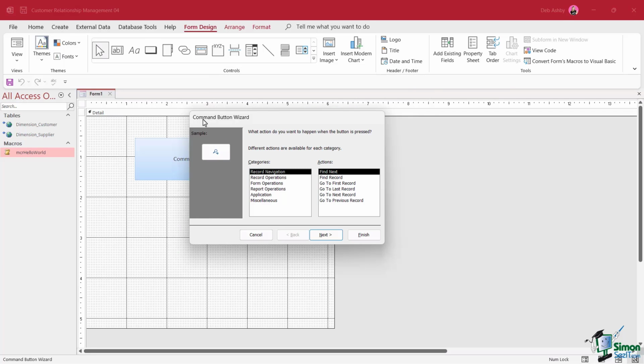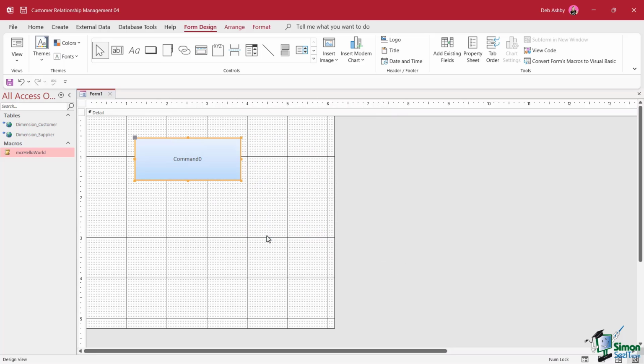Now, immediately, as soon as I draw that button, I get this little command button wizard. This gives me options as to what I can do when I click on this button. For example, I might want to go to the next record, or go to the first record, or go to the last record, and so on and so forth. Now, I don't want to do any of those things. I want my macro to run when this button is clicked. So for the time being, we're just going to cancel out of here, and we're going to assign our macro